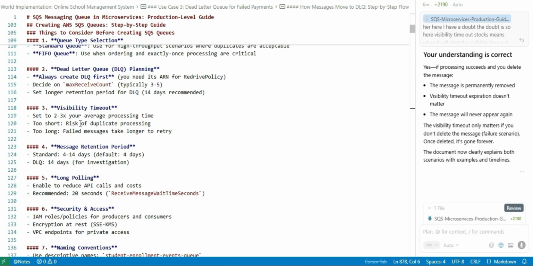And visibility timeout: set 2 to 3x your average processing time. So if our notification service might take 30 seconds, we can increase the visibility timeout to 1 minute, 2 minutes, like that. If we set it too short, there is a risk of duplicate processing. If we set it too long, failed messages take longer to retry,